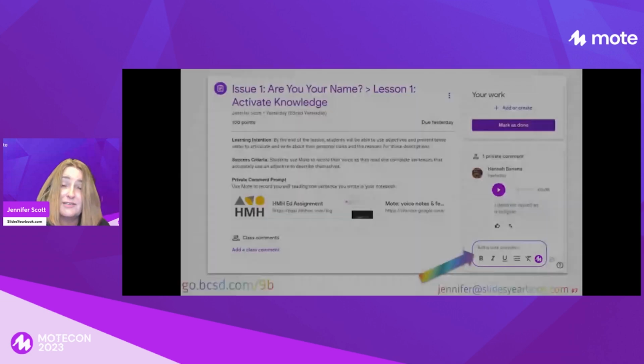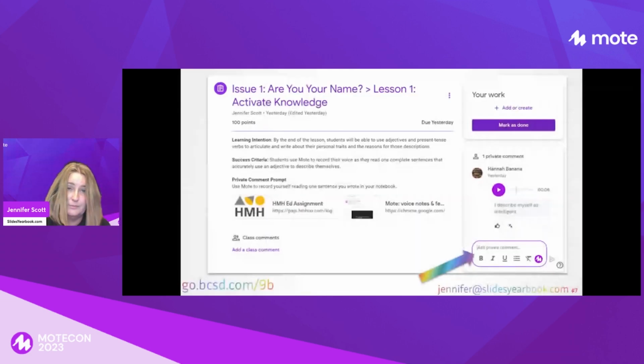At the end of that lesson that they handwrote, this is what we're doing. In your groups, I want you to speak to your classmates. I want you to practice your sentences. So they're looking in their classmates' eyes. They're talking to them. They're shy. Oh boy, are they shy. And then their computers were already on, weren't they? They go into the private comments in Google Classroom and they record themselves.